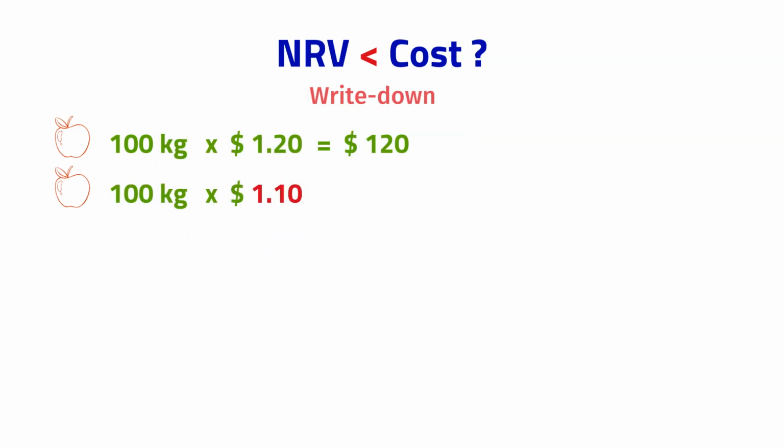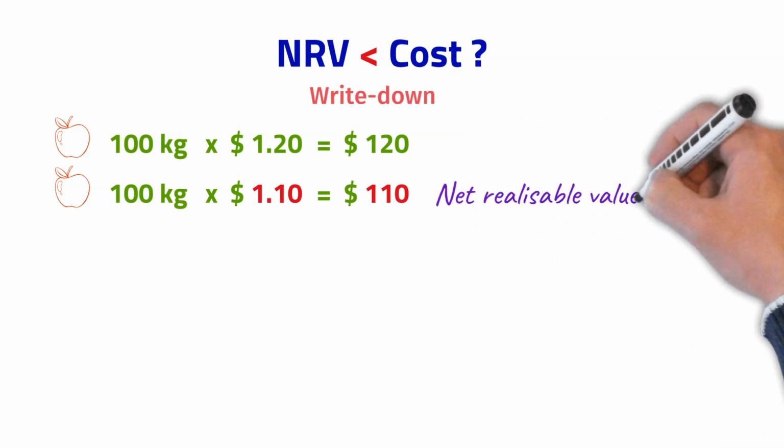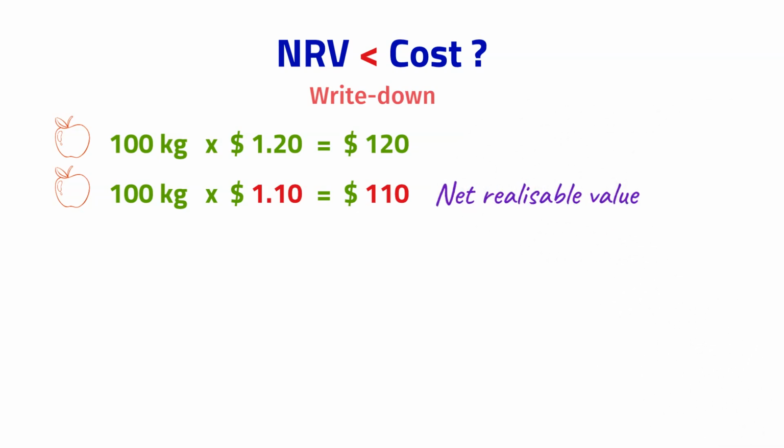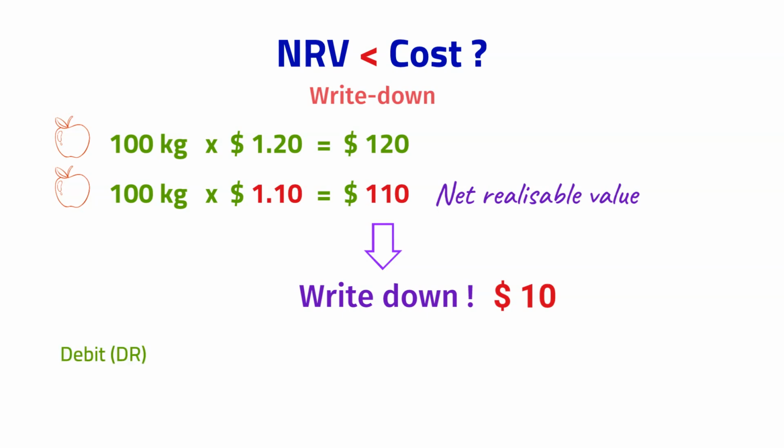selling price is 1.1. That means your total cost of apples is $120, but you can recover only $110. And in accordance with accounting principles, you cannot have overestimated assets on your balance sheet. You need to write down the difference between 110 and 120, which is 10. Journal entries would be debit inventory write-down as an expense in the income statement and normally as part of COGS,